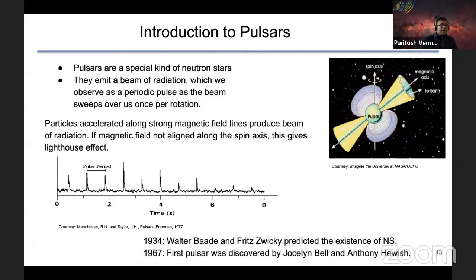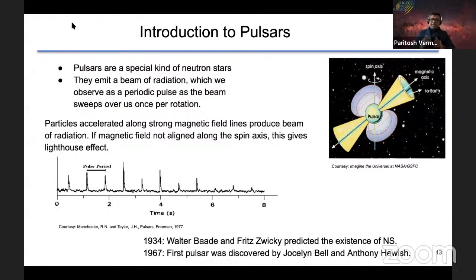Okay, so pulsars are a special kind of neutron stars, which have a very high magnetic field and are spinning at a very high speed. So we can consider a pulsar as a dynamo with a strong magnetic field. As this dynamo rotates, the change in magnetic flux induces a voltage. If we somehow measure the voltage between the pole and the equator, it comes out to be 10 to the power 18 volts. This voltage gives rise to a strong electric field, which helps in accelerating the charges.